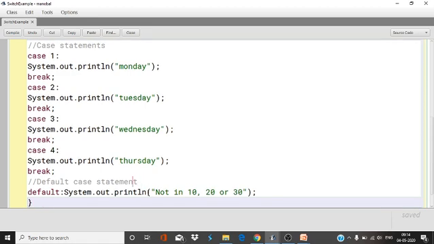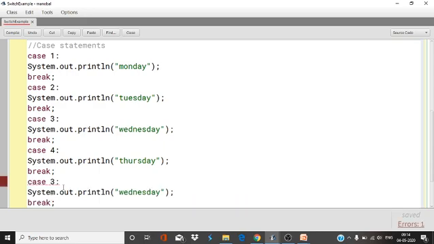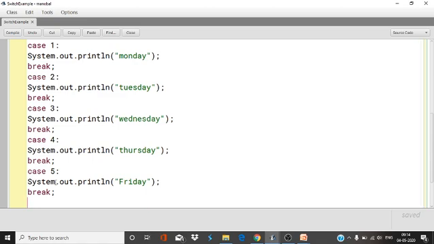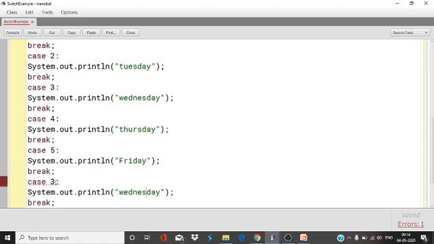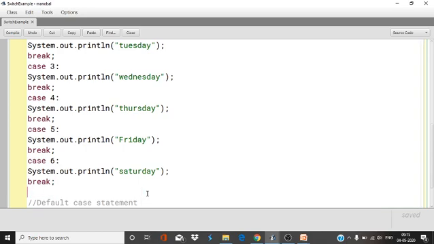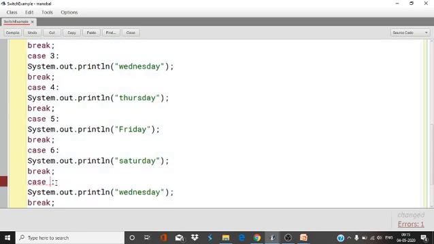If it is 5, then Friday. If it is 6, Saturday. If it is 7, Sunday.